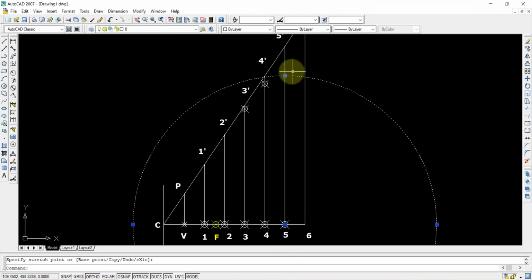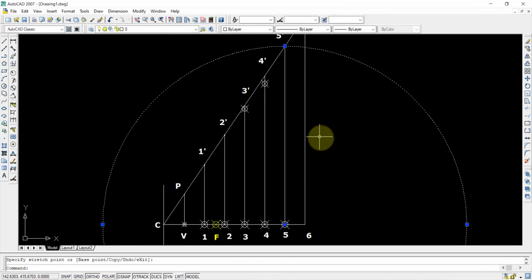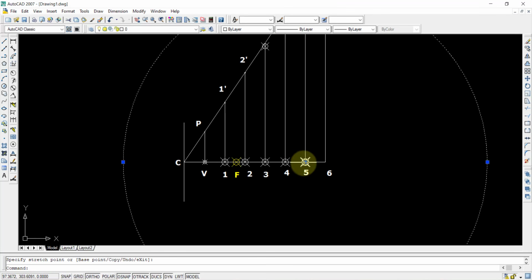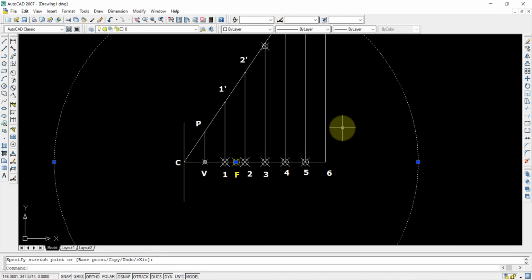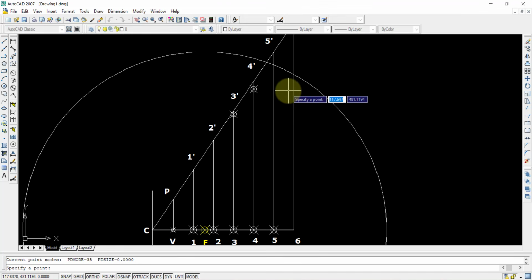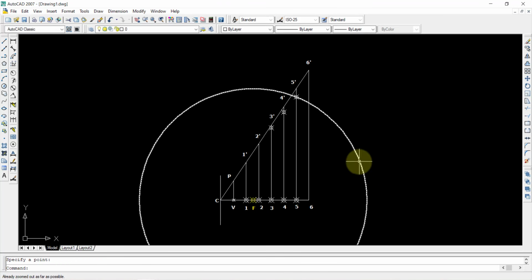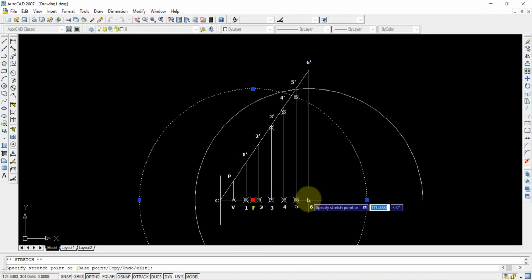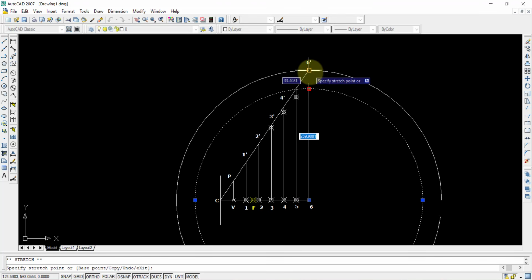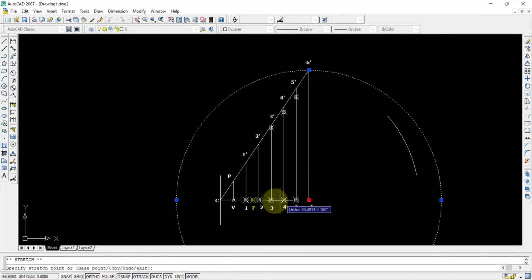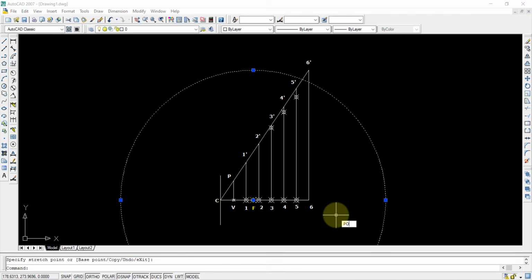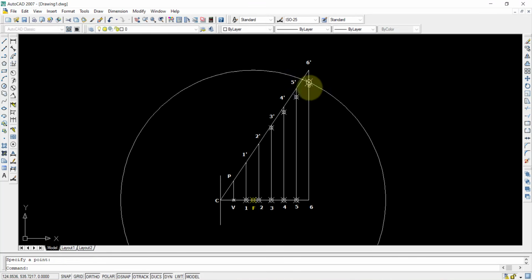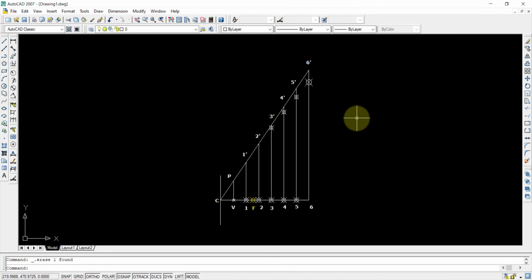Now you can see I did not delete it. I just moved it from there to 5 and then increased the size of that by using the quadrant and extending it. So you can go that way also. That means instead of drawing circle again and again and again, I'm just dragging it from there to this point and selecting the quadrant point and increasing the radius. Then again changing it from there to the focus point and selecting the PO enter, and here intersection point is finished. On each and every point it is finished, therefore I'm deleting that circle.